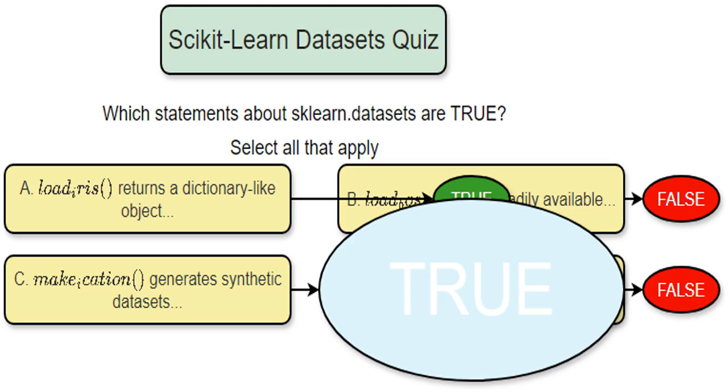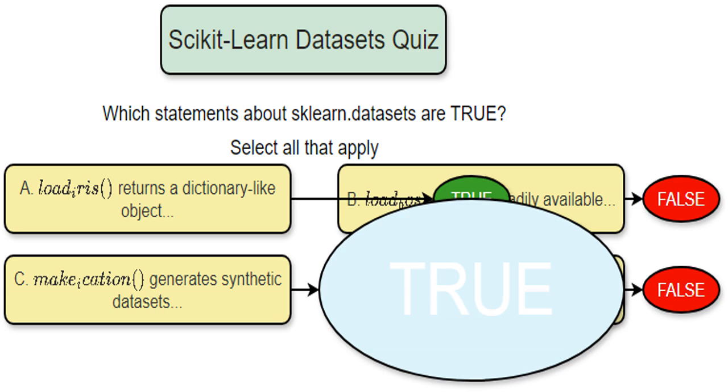This statement is true. The function make_classification is a powerful tool that lets you create custom synthetic datasets. You control things like the number of features, classes, and how informative those features are, useful for experimenting with machine